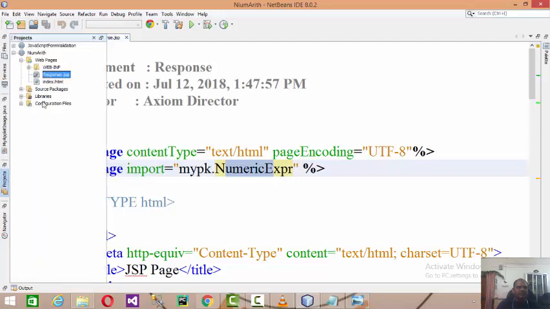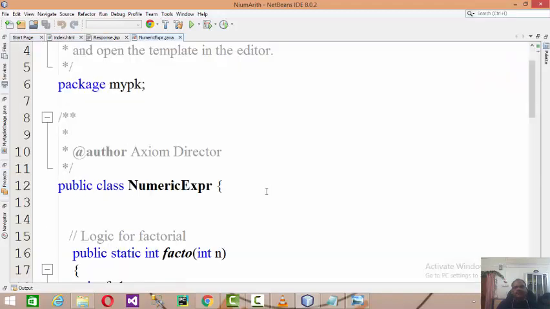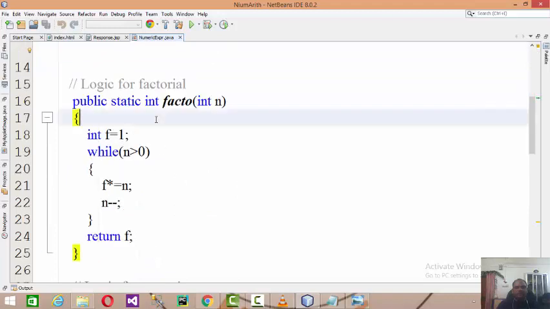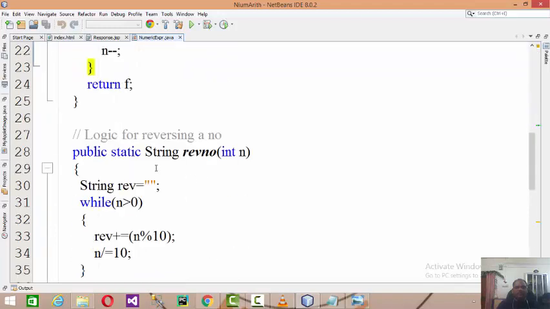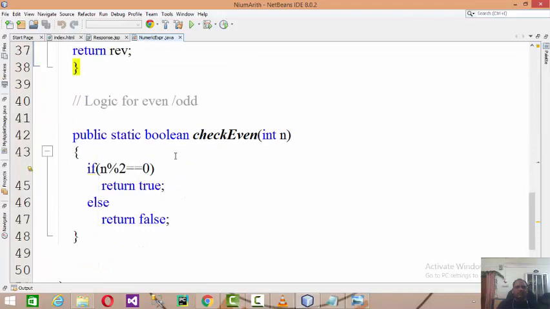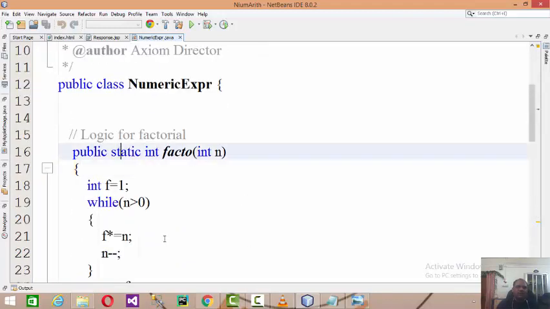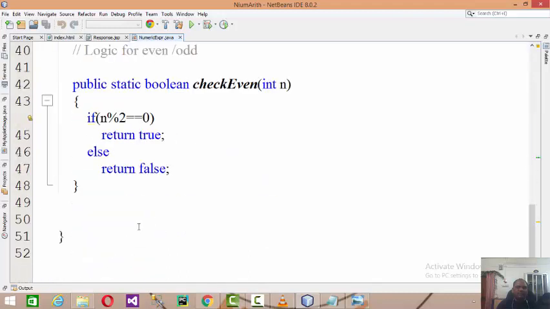Let us check it out. In the source package mypk, I have a class called numerical expressions which consists of all the methods: factorial, reverse number, and check even or odd. These three methods are of static type, right?